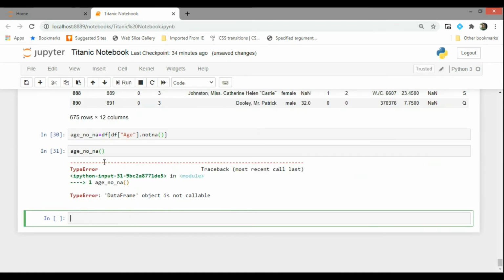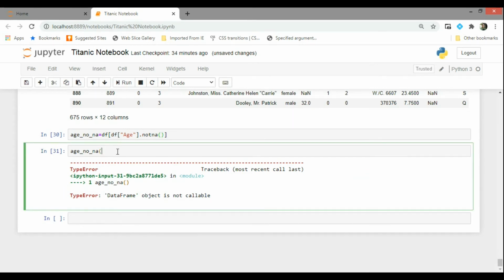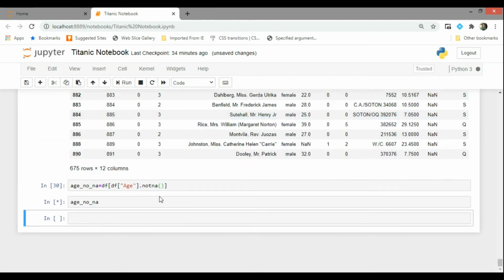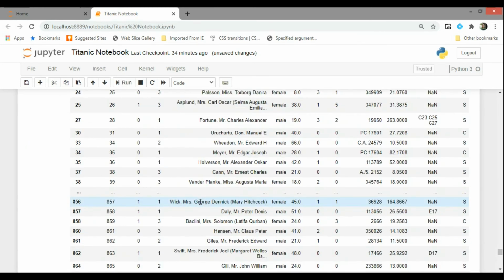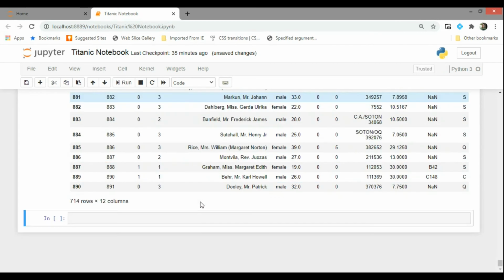This should not be a function. Yes, this should not be a function. Okay, so 700 and so many people were there in that group. 714 by 12 columns. Like these are those things whose name were not there, ages were not there. Now adult